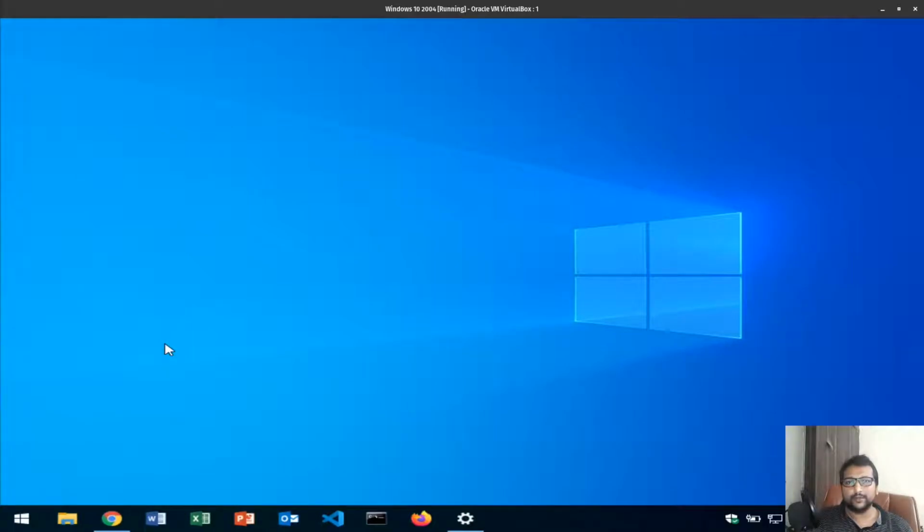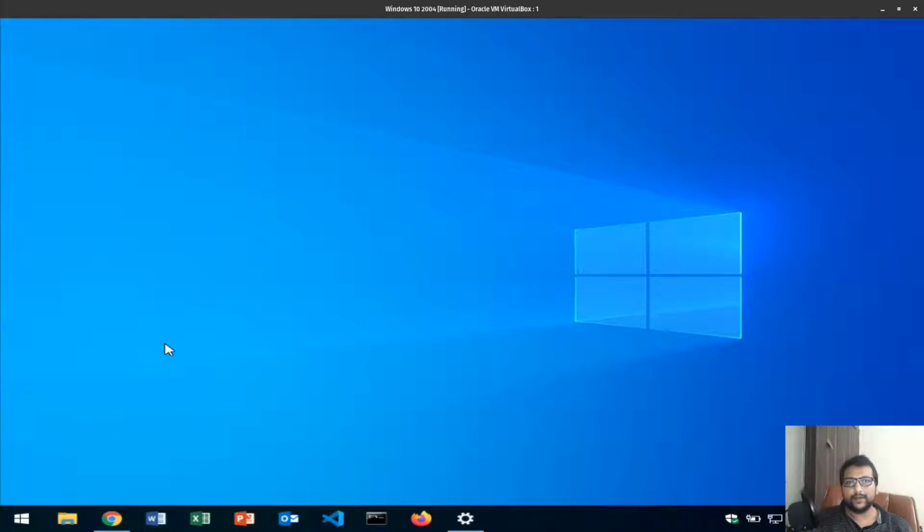Most of us use laptops which are 3 years, 4 years old, and we feel that we need to upgrade our hardware and use SSDs. But before using SSD or before doing a hardware upgrade, let's see how we can debloat Windows 10 and improve our performance. So there are a couple of open source projects regarding this.